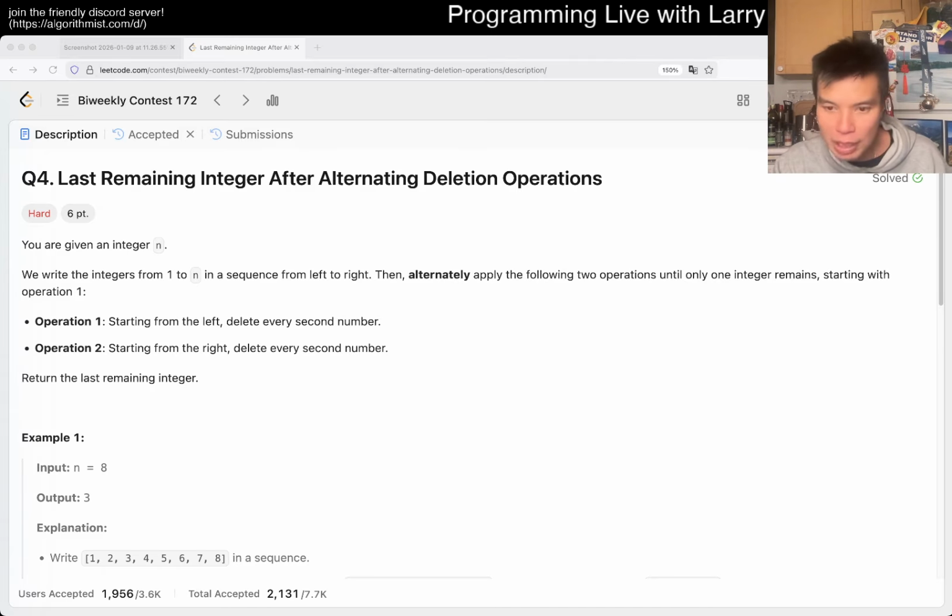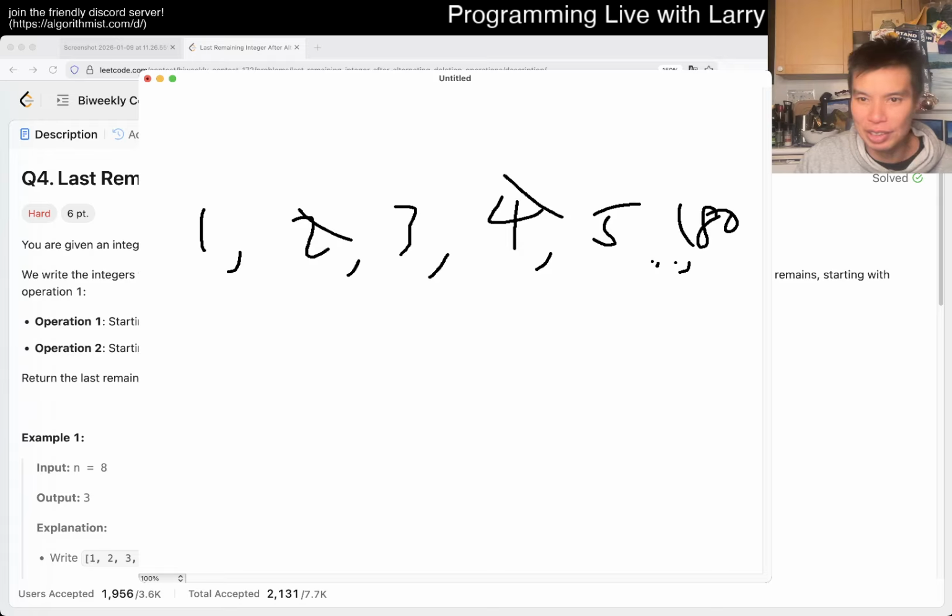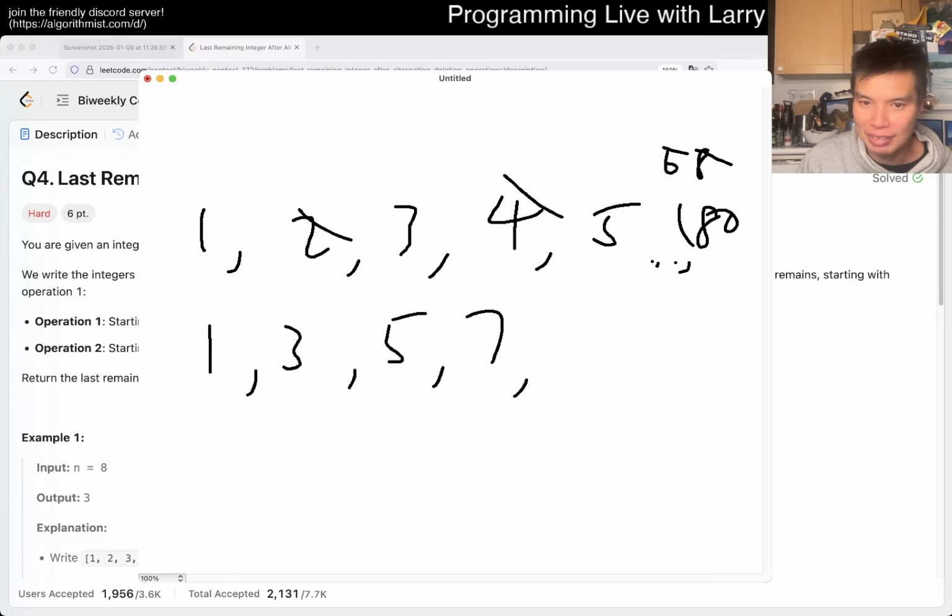But the idea is that, okay, you start with, let's just say 80, right? And then the first operation is 6, 7, 8, you cross out all the other numbers, right? Well, what are you left with? Left with 1, 3, 5, 7, 79, right? Okay. So then now, the recursion is just, okay, you went from f of 80